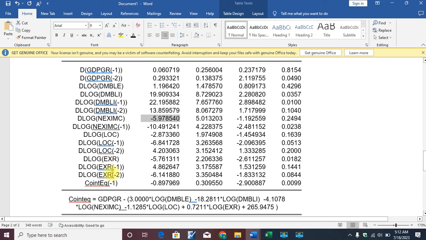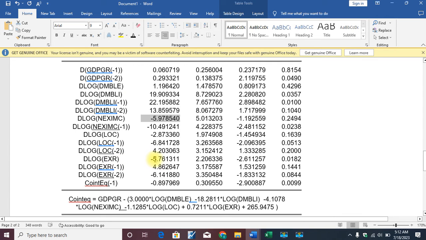The last variable here is the exchange rate, the log value of the exchange rate. I decided to log this exchange rate because I'm dealing with the value. And the exchange rate is having a negative impact on economic growth, and that is in line with the a priori expectation. The negative impact is significant at 5%, which actually implies that as exchange rate